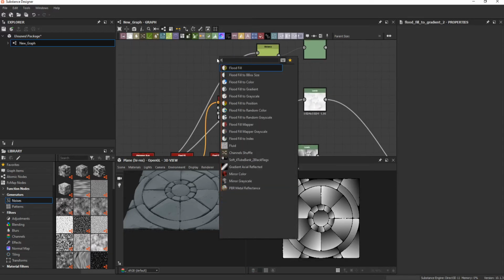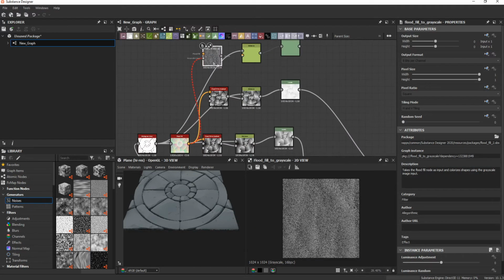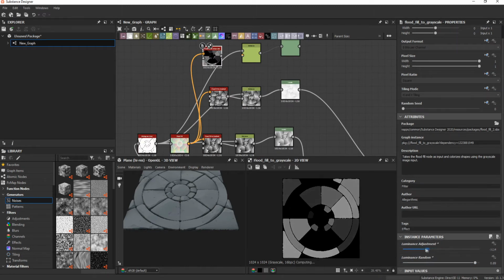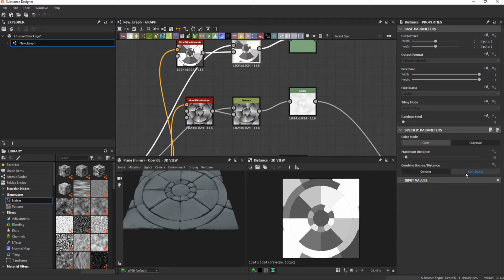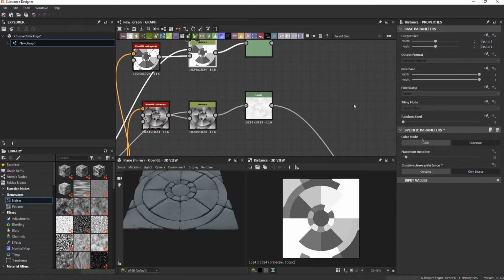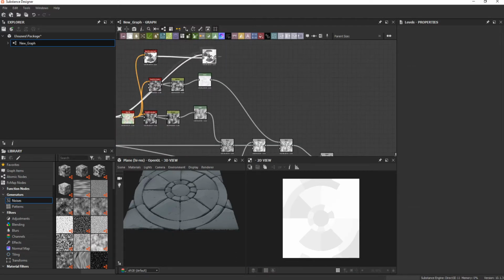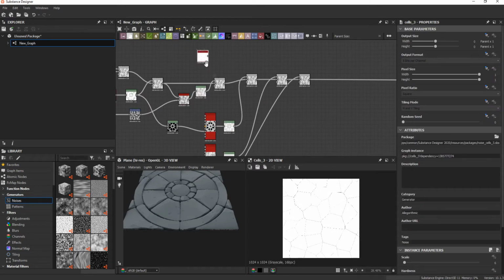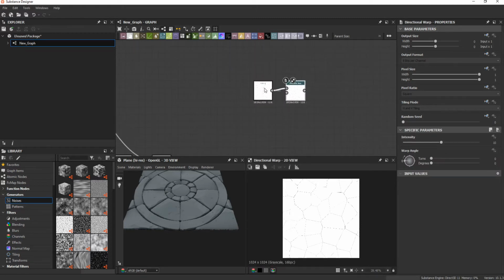I will use the flood fill grayscale, and I will put this on the distance, and I will select just the only source. I can take off these levels, and let's start. First I will make a warp with crystals,